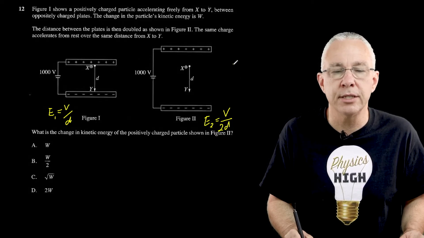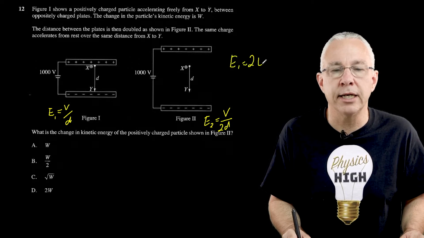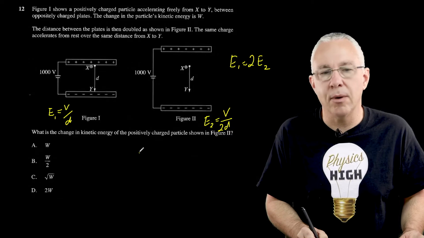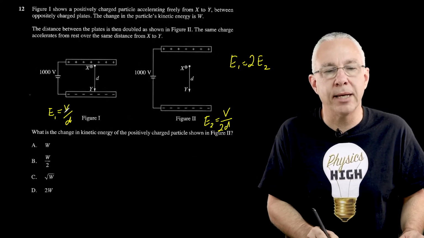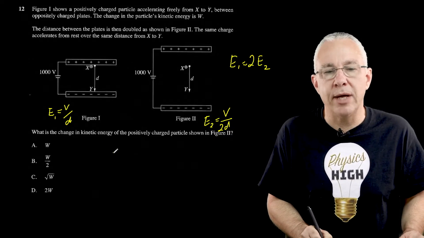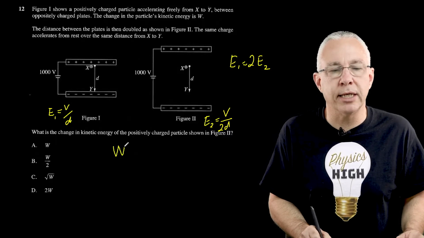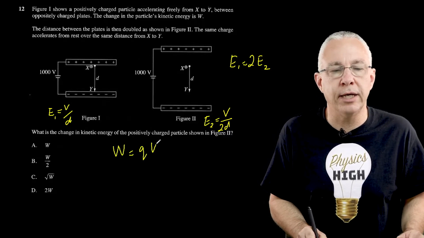In other words, the electric field of 1 is equal to twice the electric field of 2. Now, let's look at our calculation of work done. We have a gain in kinetic energy, which is the work done, which is equal to QV, which is equal to